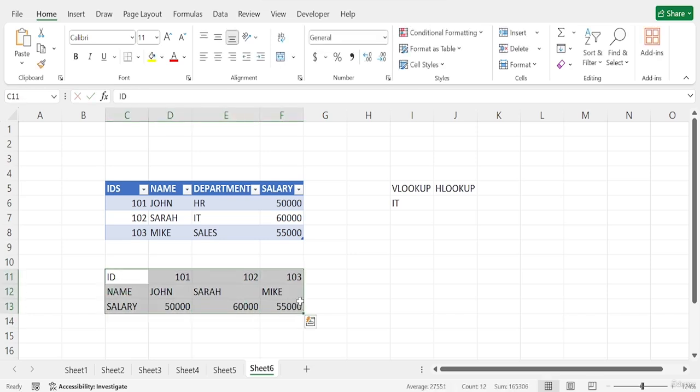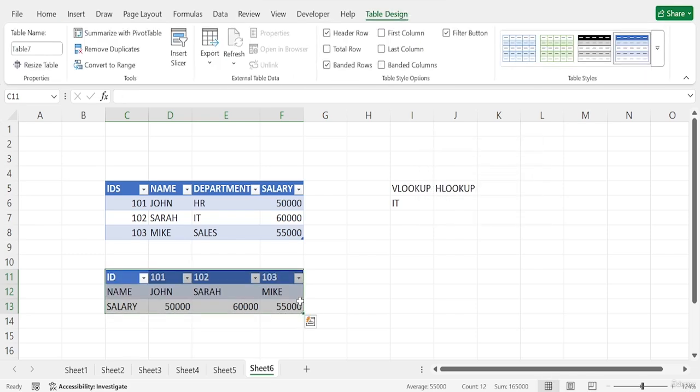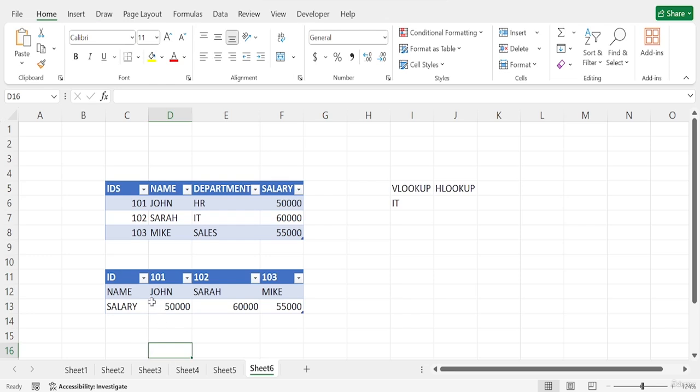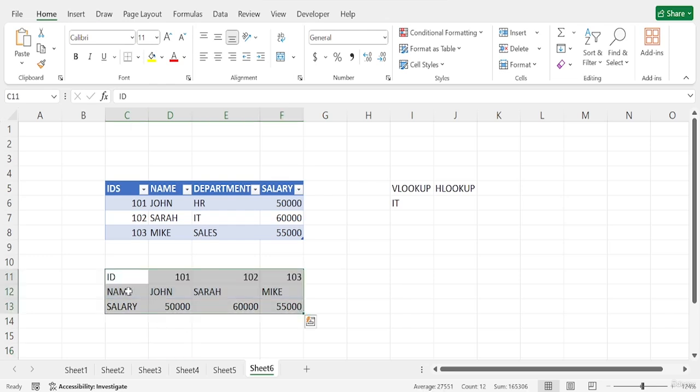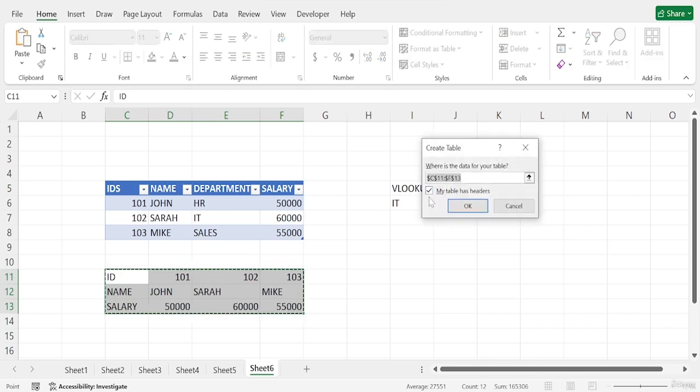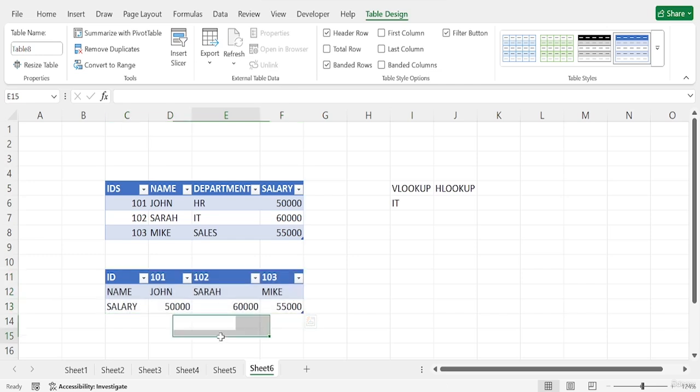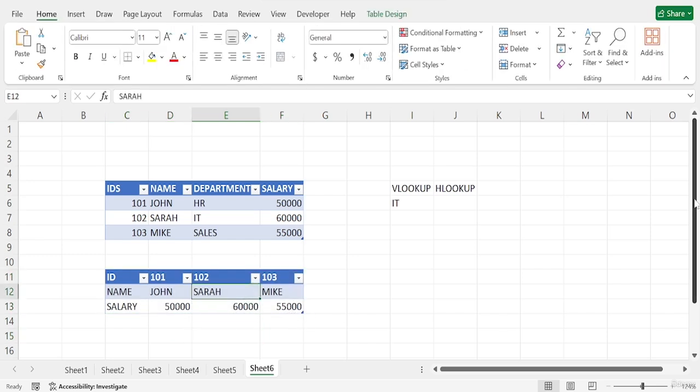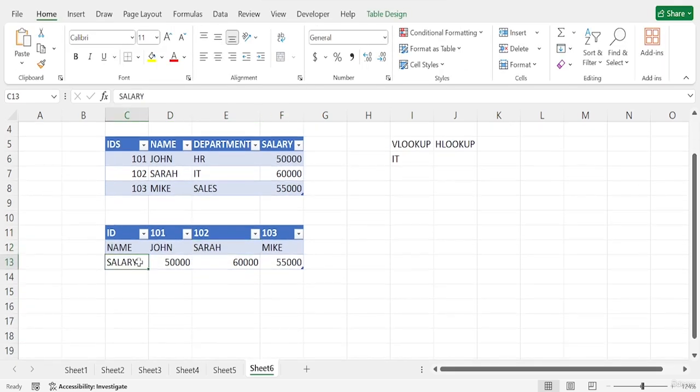I will make this a table by pressing Ctrl T. As you can see, you have to select first and then press Ctrl T, and if I press OK, this is my simple data set.